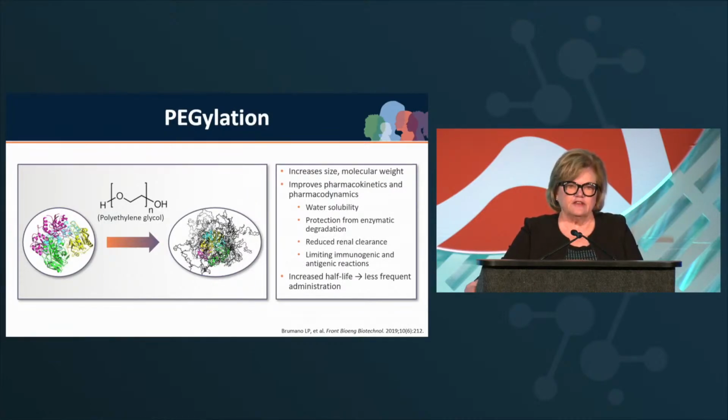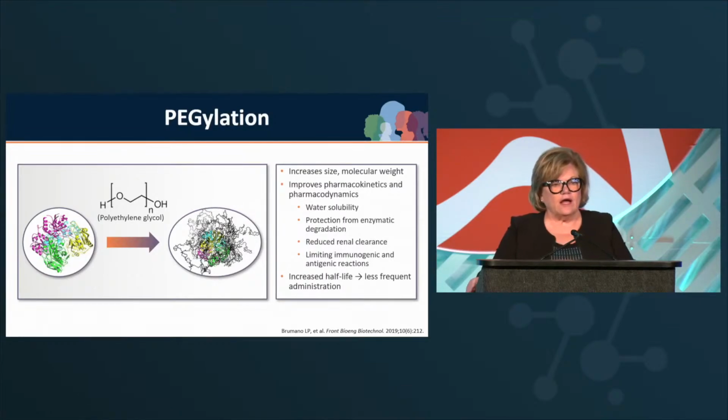And the significance of this is that it increases the size of the molecule, the molecular weight. It improves pharmacokinetics and pharmacodynamics. It improves the water solubility. It has protection from the enzyme degrading. It reduces renal clearance, and it limits the immunogenic and antigenic